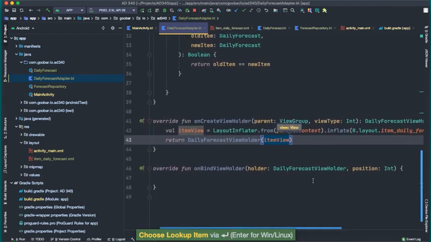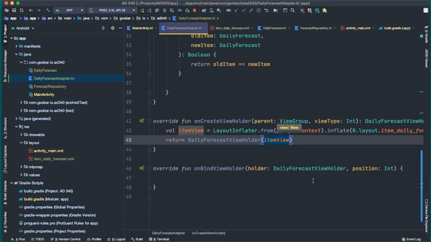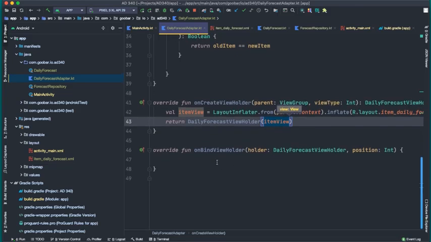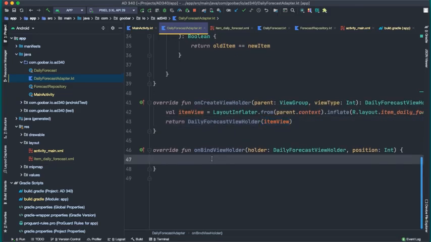So now anytime the RecyclerView needs to create a new view holder, it's going to call this method. And now anytime it needs to bind a view holder so that it can put new information on the screen, it's going to call onBindViewHolder. Now in onBindViewHolder, we get passed back an instance of the view holder we just created. So we can type